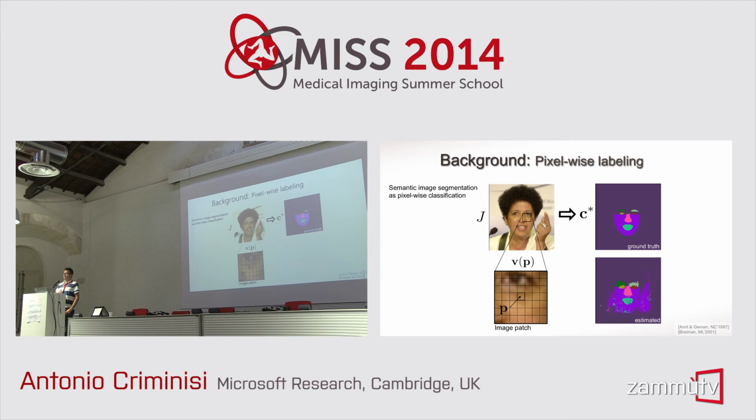So a little bit of background. Many of you are familiar with semantic segmentation. For the ones of you who are not, this is the sort of stuff we want to do. For each pixel in an image, we want to not only color-code it, not only group the pixels into compact regions which have uniform or similar colors. That's not particularly useful, I don't think. But we want to group them together based on their semantic. So for instance, you want to be able to say that this is the right eyebrow, this is the left eyebrow, the eye here, the nose, the bottom part of the face, the mouth, and so on.